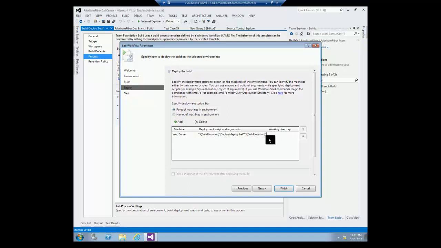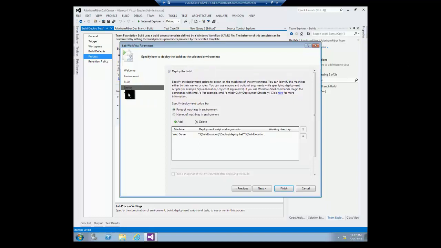Please note that the idea behind the script is that this deployment script simply executes a script that does the actual work in deploying the Fabricam Fiber web application after it is built. The deploy.bat file is part of our Fabricam Fiber.web project, and it is configured to output to the build location. The location of the build, in the drop folder that we have just configured, which is vslm/ffdrops, is also passed as a parameter to the deploy script so that it will know where to get the latest bits from. Just click tab in order to accept changes, and then